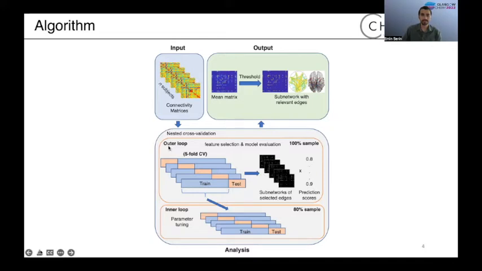Once we provide the input data, it goes into the outer loop of the cross-validation structure. In each fold, or each iteration of cross-validation, we divide the input data into train and test sets. Then, using the data from the train set, we extract sparse subnetworks, which we're going to use as the feature set in the machine learning analysis.